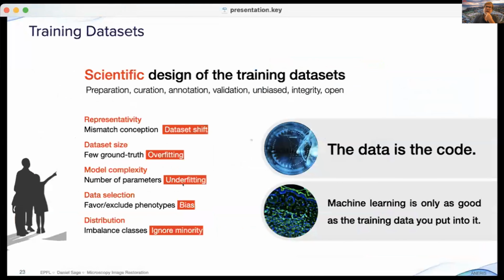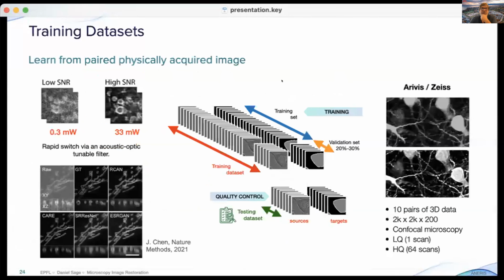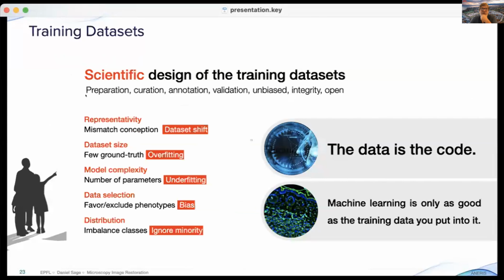So now I will speak about the data. As it's mentioned here, you see with deep learning, the data is the code. And the data could have bugs, as we had bugs in the code previously. So now maybe the main task for the scientist is to design training data sets. That means good preparation, curation, annotation, validation, avoiding bias in the data, integrity of the data, and obviously